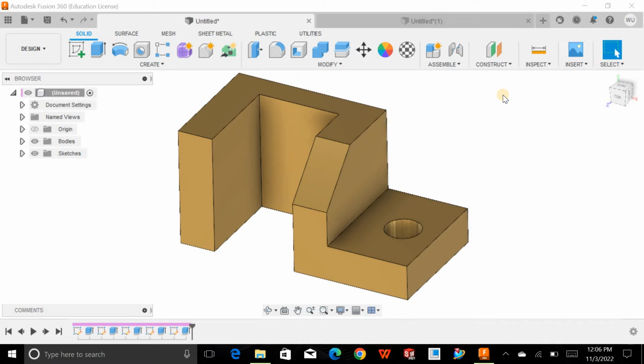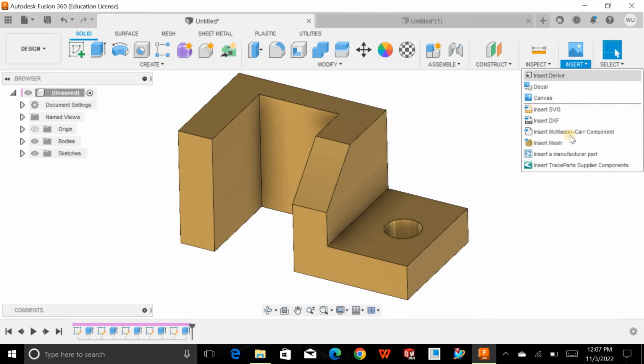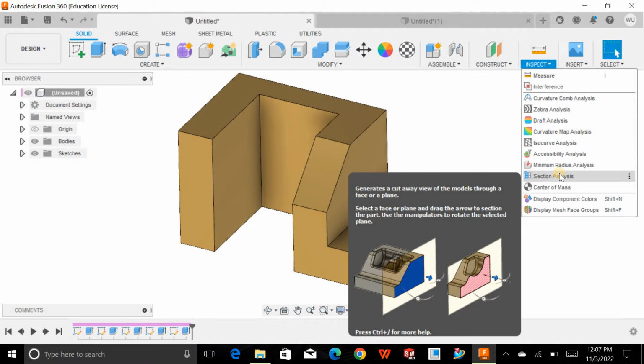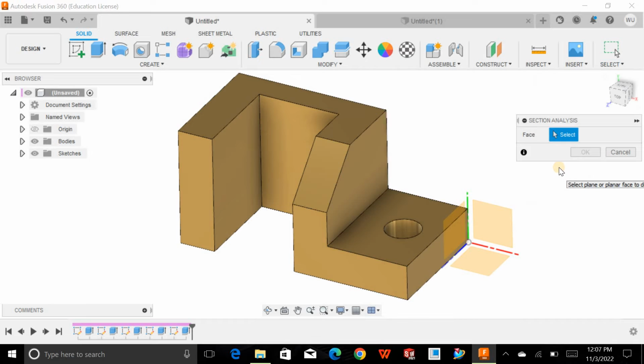Hello and welcome back. Today let's talk about a quick tip inside Fusion 360, because sometimes we need to look at the interior of an object, and we can simply call that section analysis. So how to do that? Just click on Insert, then Inspect, and then Section Analysis, and here